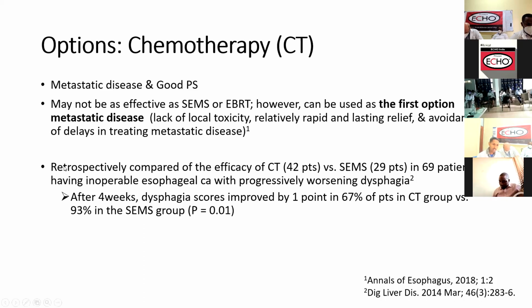So there was one study, a retrospective study, comparing chemotherapy in patients and self-expanding metallic stent. As you can see, after 8 months, the dysphagia score was improved, even though it is not as much as that of stents. There was a significant improvement in patients receiving chemotherapy. As I said, they are not as effective as stents or external beam radiotherapy, but they are a good option that can be adopted and used in setups like ours because of the limitation of